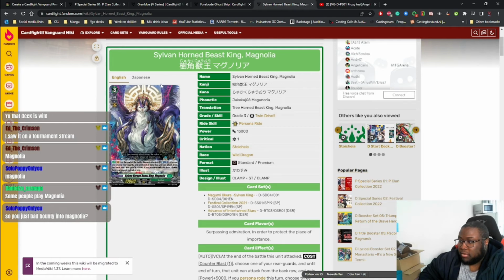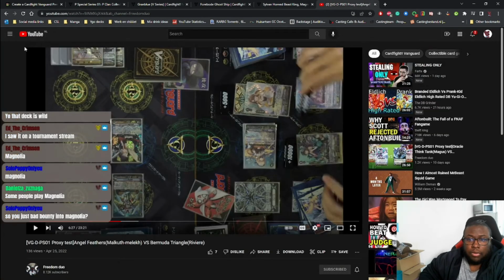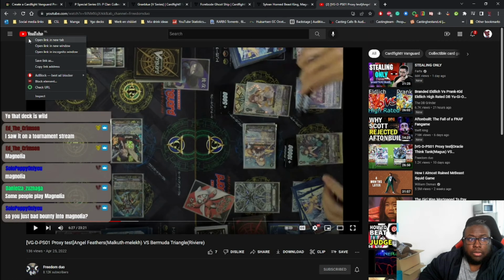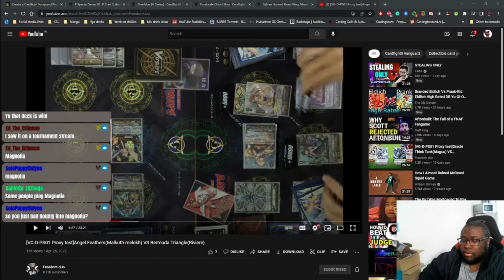So you just bad bounty in Magnolia? No, they were on Obadiah. I can show you the replay too. Give me a second. Let me see if I can find it. I was watching it too, I was like, how did they do this? I kind of remember most of these card effects. How did you...